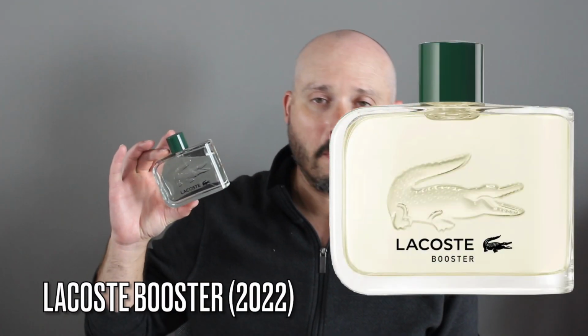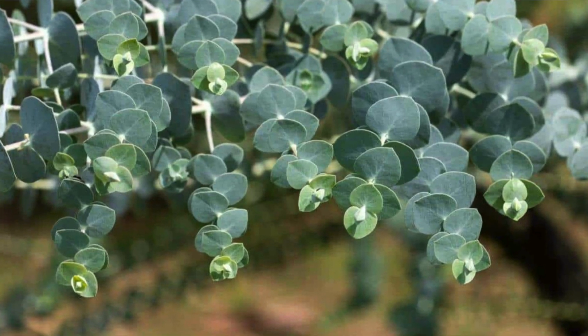And number 1, my favorite fragrance from this brand. It did surprise me just because of the name itself, Lacoste Booster. It's not the 1996 edition, it's 2022. I don't know if this is a relaunch, a rebrand, or a brand new fragrance. I really don't. The original, I believe, came out in 96. It's an older scent, has that infamous eucalyptus. I was looking for it in this. It's not there. It's a very mood boosting, pun intended,